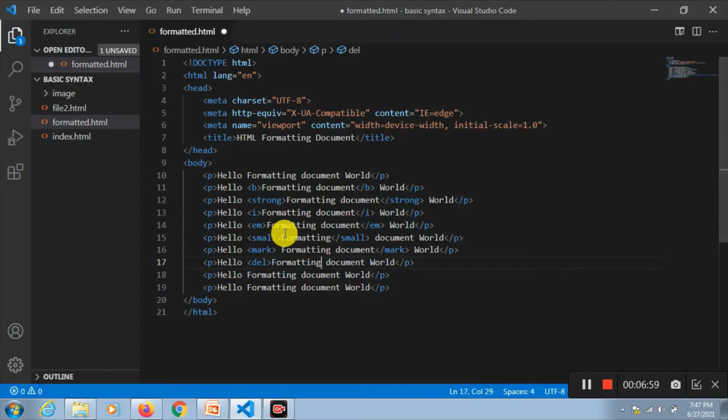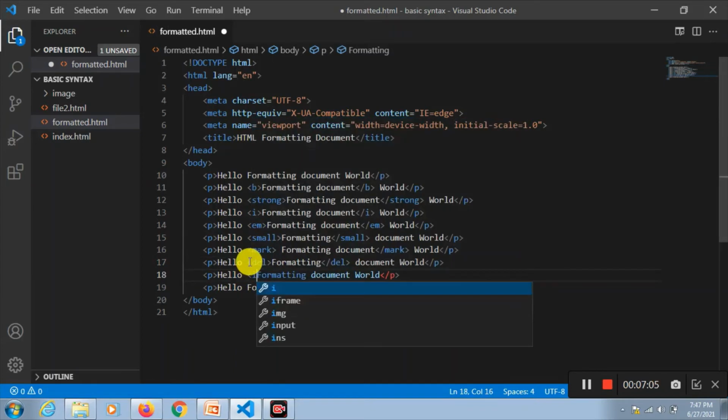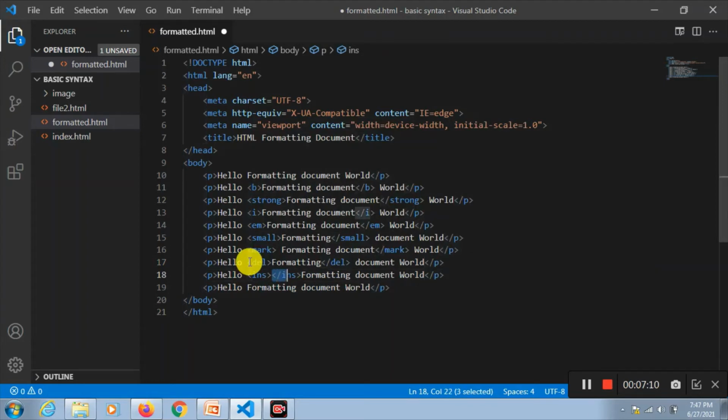I'm taking only one word for this. Then we have got inserted, that is ins. Here also I'm taking only one word.